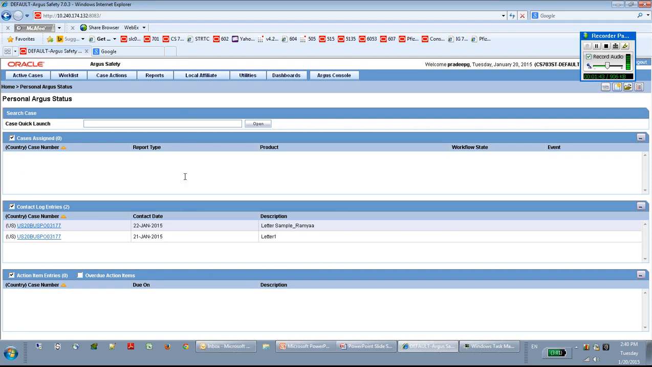Then we have case action. The user should use this menu to access any case-related activities. So we have case action open, new case from image. Then we have